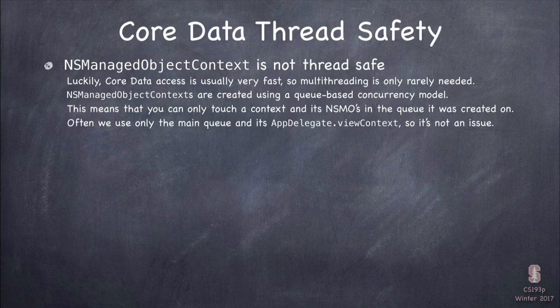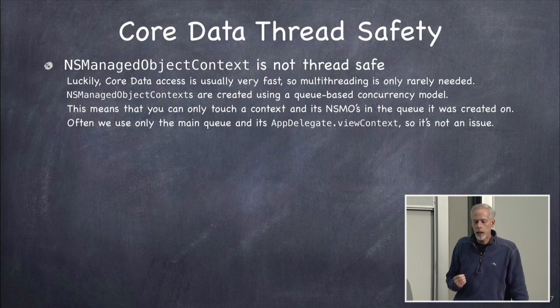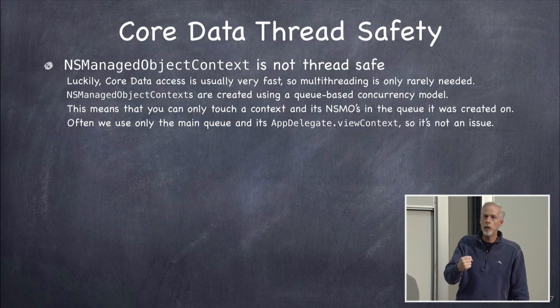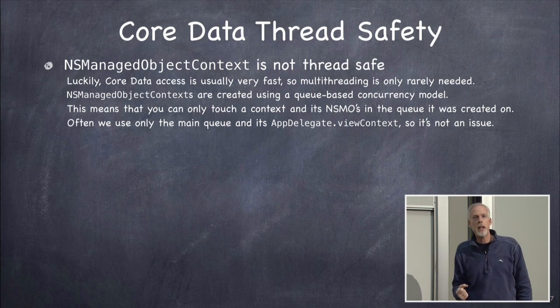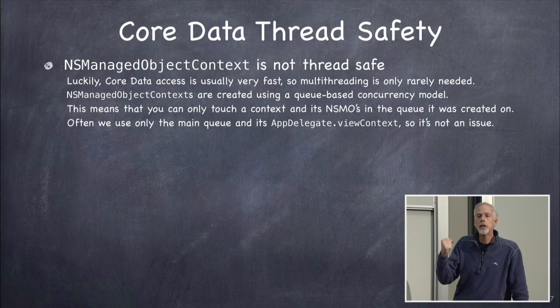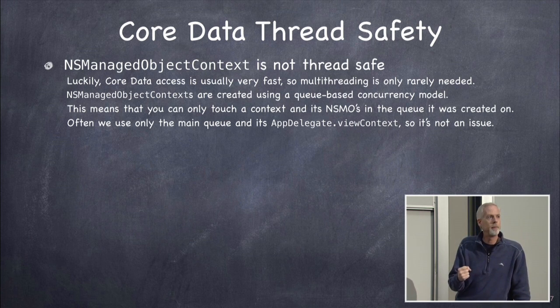All right, I told you I was going to talk about Core Data thread safety, so here it is. NSManagedObjectContext, the context thing, that thing that you're sending executes to, the thing you're hitting save on, the thing you're using to create tweet subcontext, whatever, that handle on the database is not thread safe. A context can only be used on the queue that it was created on, period.